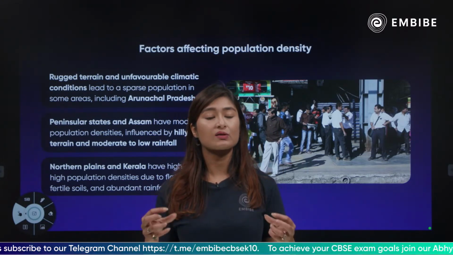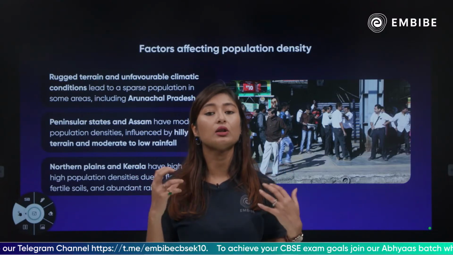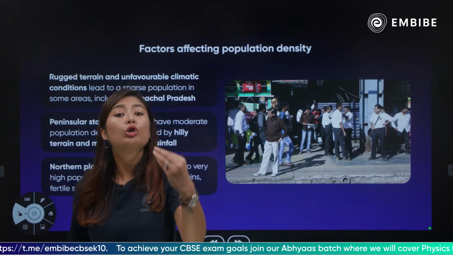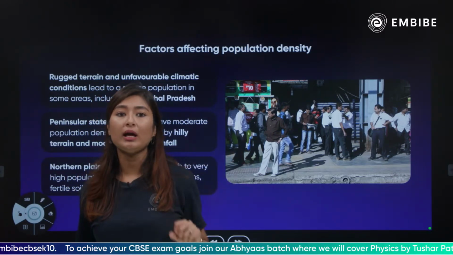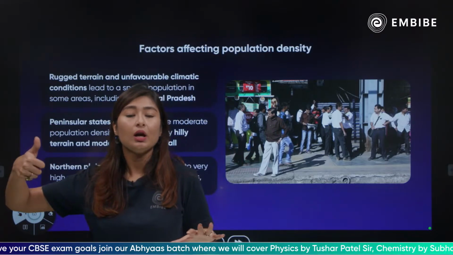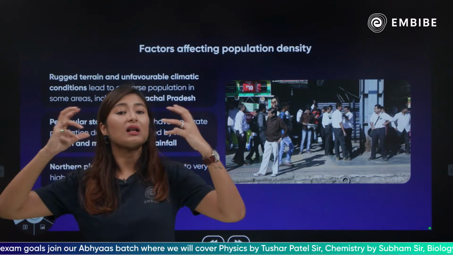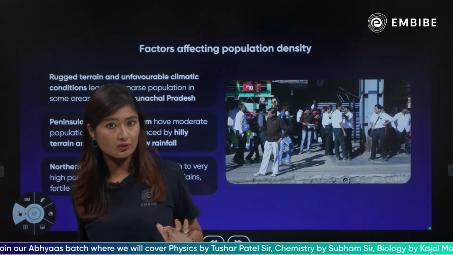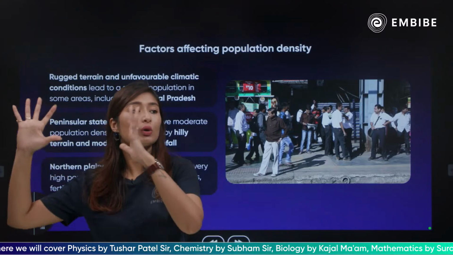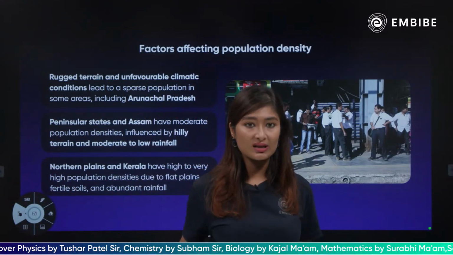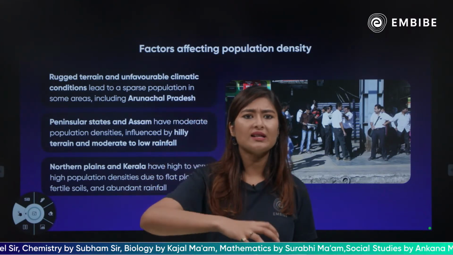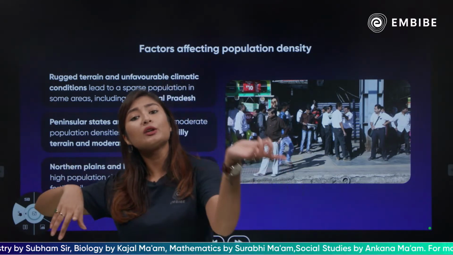It's very easy because of the fertile land of Kerala and the northern plains of your Punjab and Haryana to grow a good amount of production, which will help the transportation on the fertile plain to also take it to the market. तो यहाँ पे आप आराम से बहुत ज़्यादा अच्छे तरीके से फार्मिंग वगैरह का ऑक्यूपेशन कर सकते हो. Because the land is fertile, more products are growing, so a lot of population gets attracted to these areas. Northern plains mein, plateaus mein, some fertile plains mein, you'll find more people staying